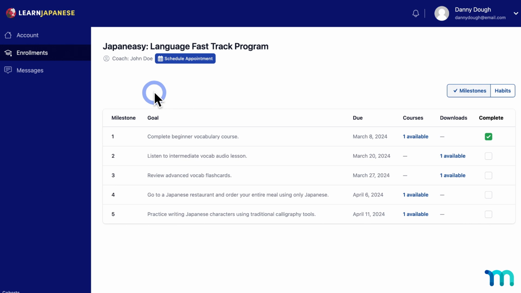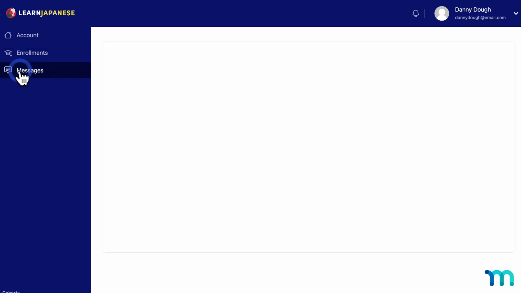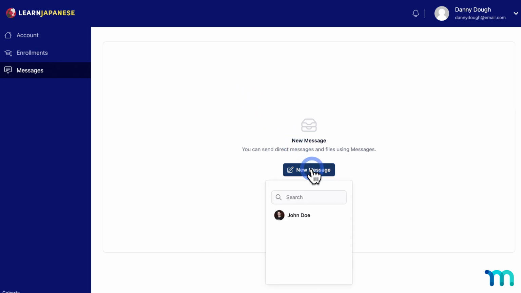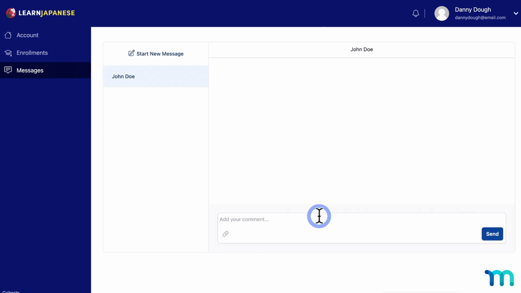So when a client's here in their coaching area in the account page, they'll see this tab here for messaging. It'll show up if you have messaging enabled on the program. If they click on it, they can see their messages from coaches and other clients in the programs that they're enrolled in. They can click here to compose a new message to coaches in their program or other clients in their same program. So if I start a new message and select this test client's coach, I'll go ahead